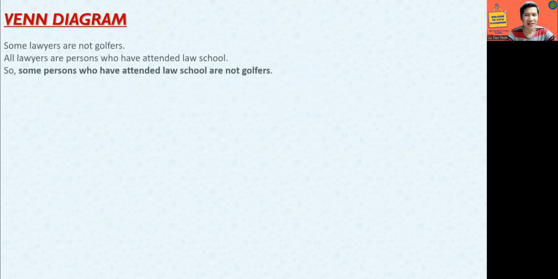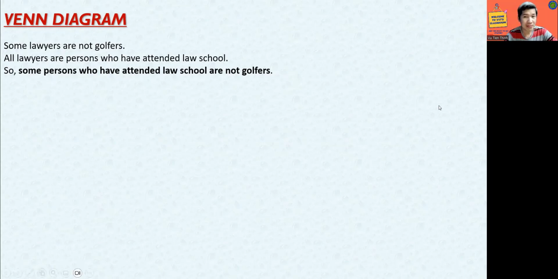Now we come back to the first tool to check validity, that is categorical logic, or we say the Venn diagrams. Have a look at this. We have an argument with three premises, or three statements in fact. For example, some lawyers are not golfers, all lawyers are persons who have attended law school, and then the conclusion, so some persons who have attended law school are not golfers. We have three statements, and two statements are premises, the other statement is a conclusion, and the thing is all the statements